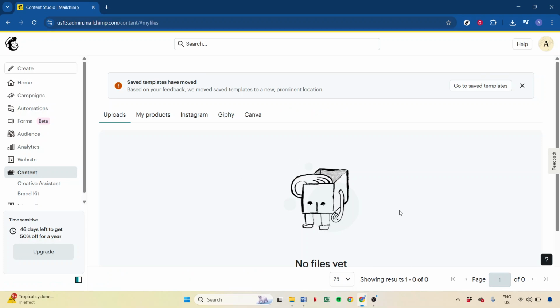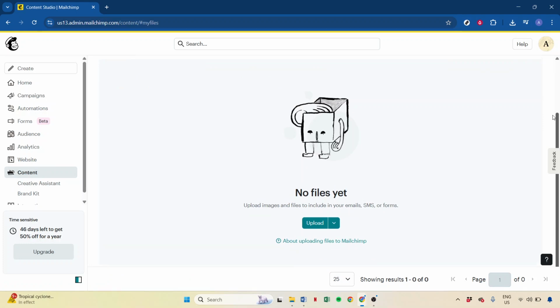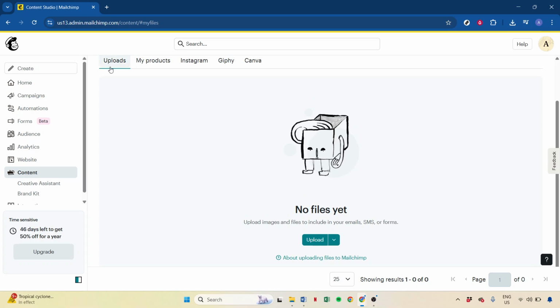Now, within that Content section, you'll need to find and select Content Studio. This area is your go-to space where Mailchimp stores all your uploaded images, documents, and any other creative assets you might be working with. Now that we have made our way into the Content Studio, it's time to upload your